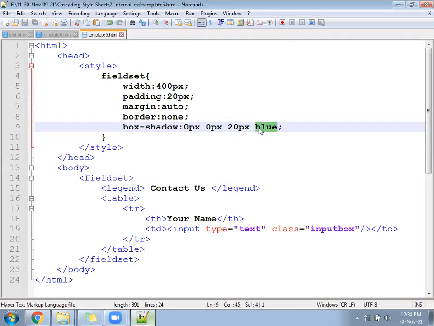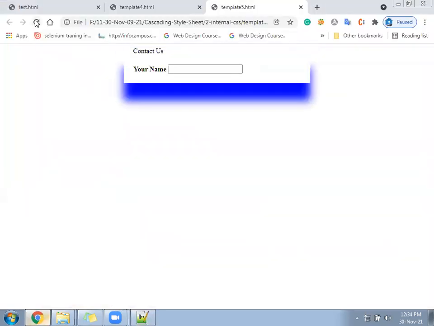Color is the blue color, no doubt in that. Now I am changing the second number to 40. See what will happen. Middle number we change to 40. Look at here. From where does it reflect? The second number reflects from the top. Shadow is coming down. If you want to send the shadow up, what do you have to do?